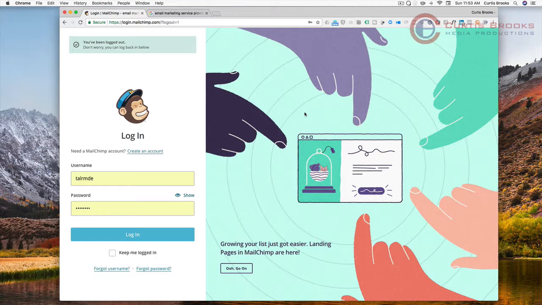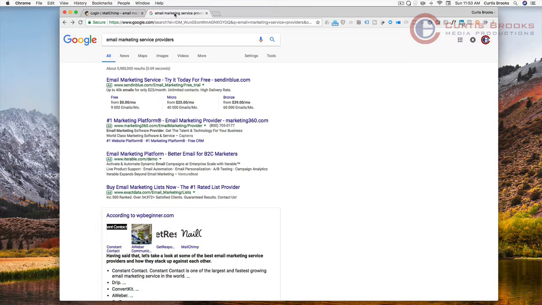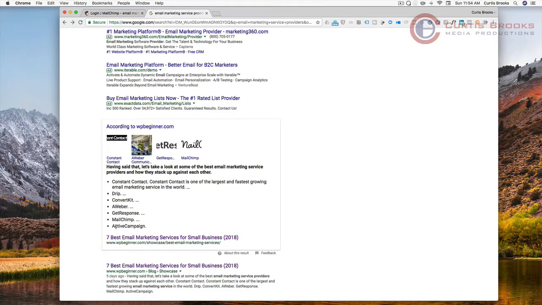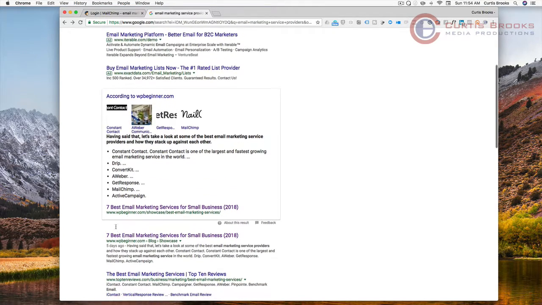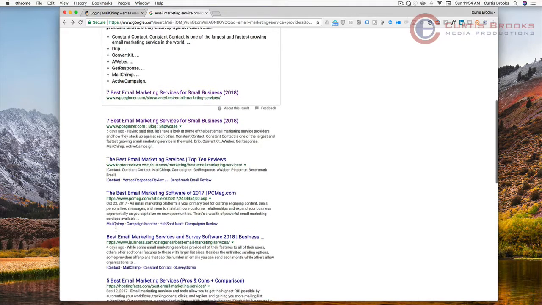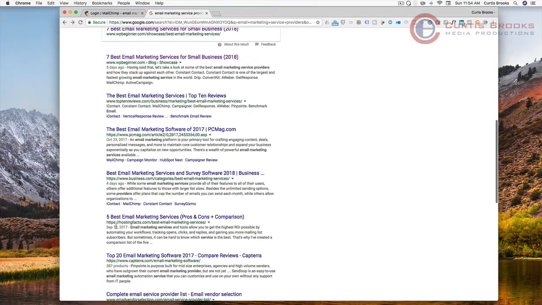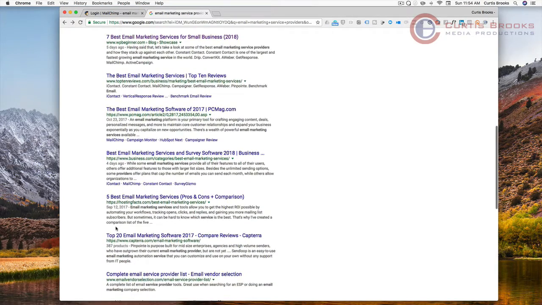And obviously there are going to be a lot of email service providers out there. I'll just give you a list here. I already got my tab ready here, but nevertheless, there are tons of email marketing service providers. Sendinblue.com here. We also have marketing360.com. We also have email for business to customer marketers. I mean, there's a ton of them. There's Drip, there is ConvertKit, Aweber, GetResponse, one of the ones I use often, and there's MailChimp and there's ActiveCampaign. So there are tons of different email marketing services, and there's one called Envato. I don't have it here, but nevertheless, my point is that there are tons of different email service providers